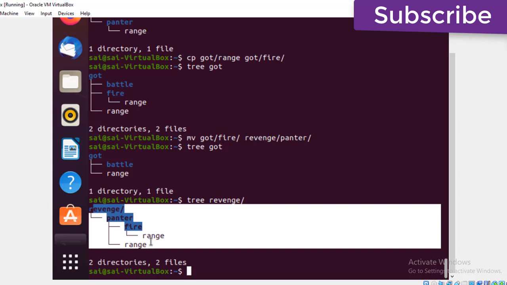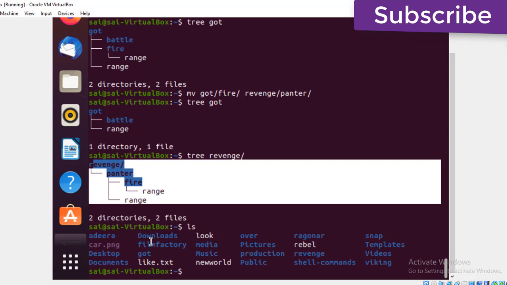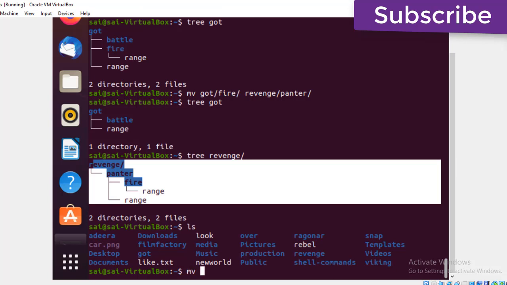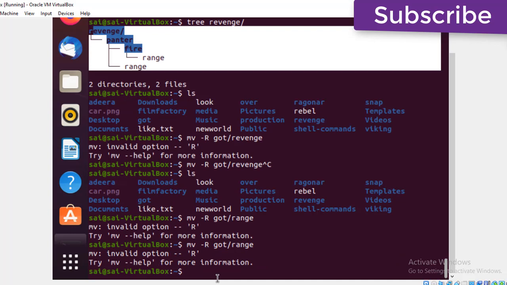I'll show you one more thing. Just now I copied files from one folder to another folder. Let me show how to move all the files of one directory to another directory. So I'll go back to the list here. Now you are able to see, right, in the revenge and in the GOT, what the files and what the folders are. Here I am going to use another command for this, mv -r. The directories we created are GOT and one more directory, revenge, right? Option r. Okay, let me show you. This one I will tell you in the next session.